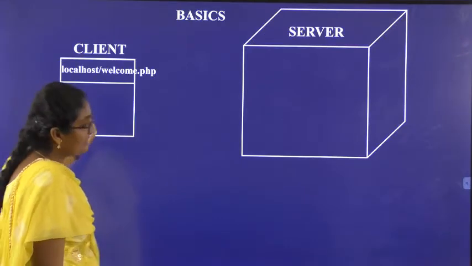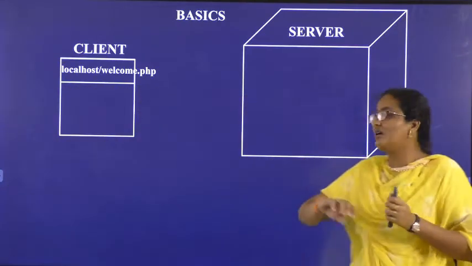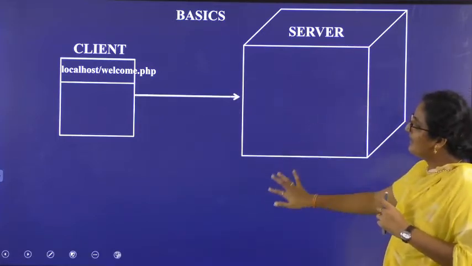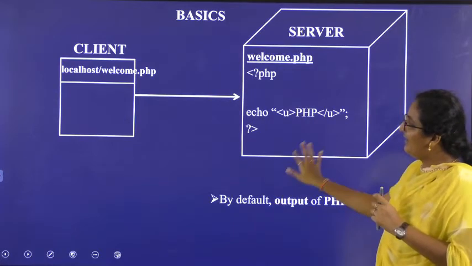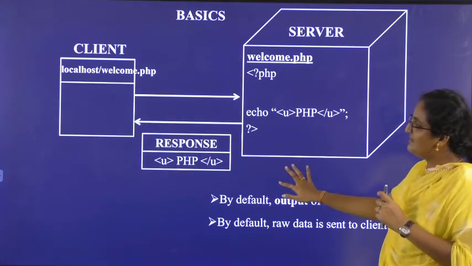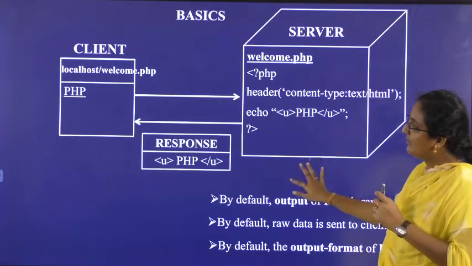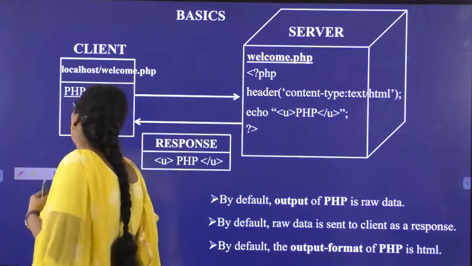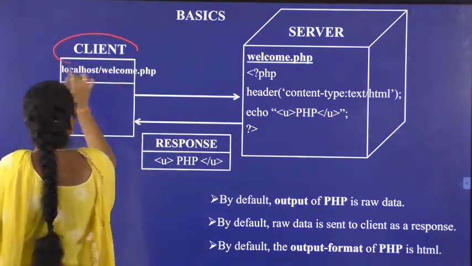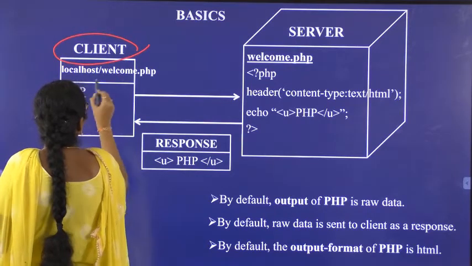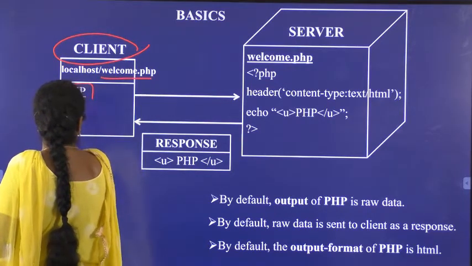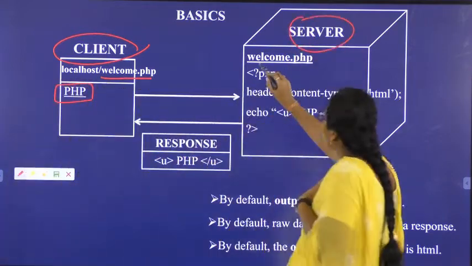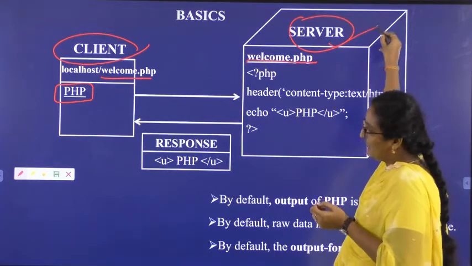So this is the basic idea of how we can execute the PHP program. See, we have a client program, we have the server program also. You can see the connections and how I have written the PHP code step by step here. So this is how we can execute the PHP program in a Jam server. We have the client, and near the client we have given the welcome.php hyperlink. The background program was running in the server. So actually the welcome.php program was running in the server machine.